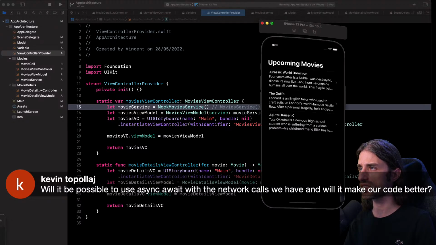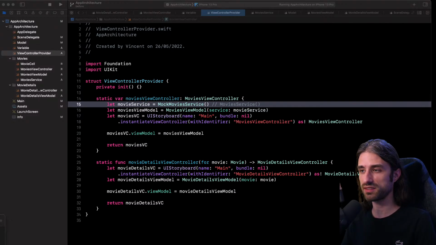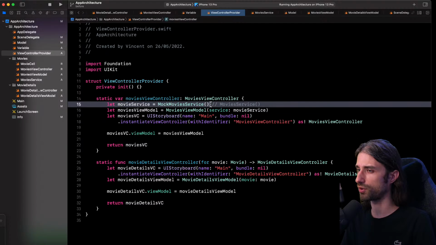Even though in that case, of course using async await is better, but completion handlers are not that bad, I would say, because we're only making one network call. Completion handlers get really out of hand when you need to make several network calls, either sequentially or in parallel, and then synchronize their return. Here that's not the case. That's why I'm not using async await, but indeed async await would be nice. And given that there is popular demand for it, maybe it will be the subject of a future live about some even more advanced iOS architecture best practices. But let's stay on the current topic.